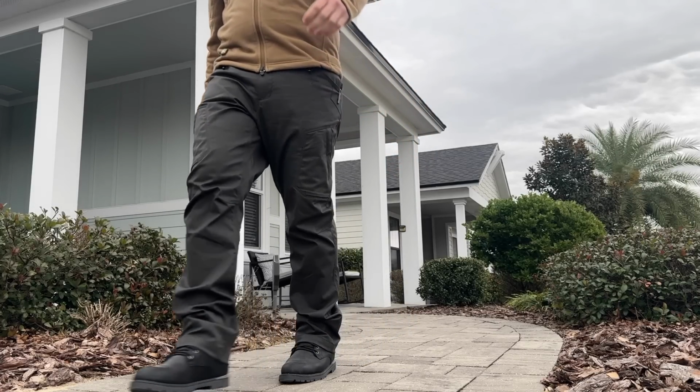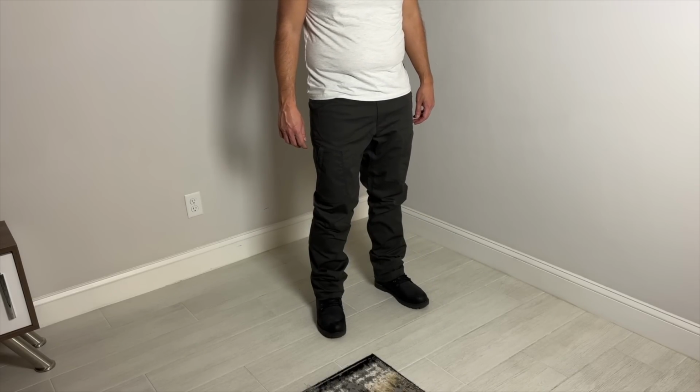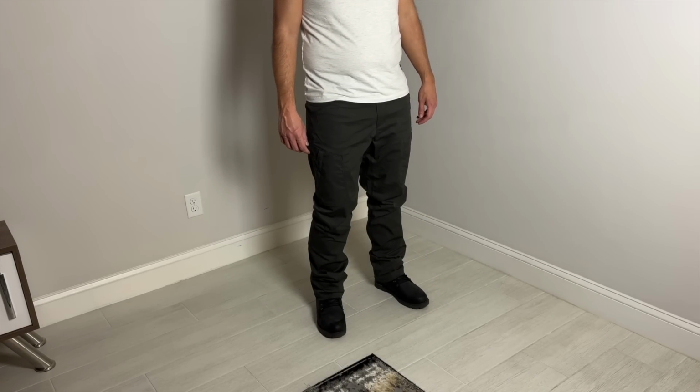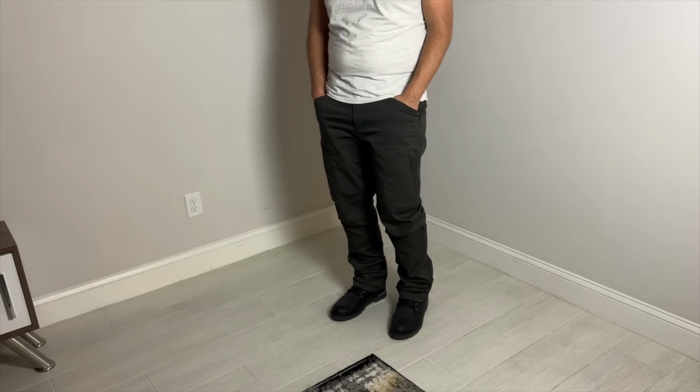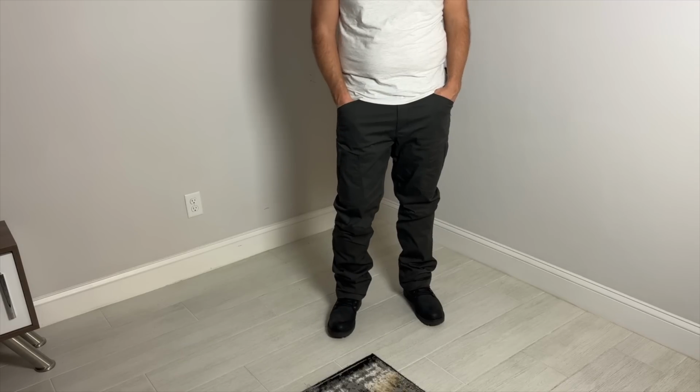Maybe not quite as much in an urban setting if I wanted to go to dinner or something like that. These aren't the pants that I would wear to the office either, but I think that they work well for their intended use case. They're offered in a couple of different colors. I have the Raven color here, which feels kind of like a gray blackish color, which I'm generally